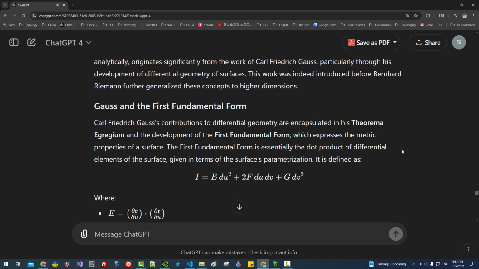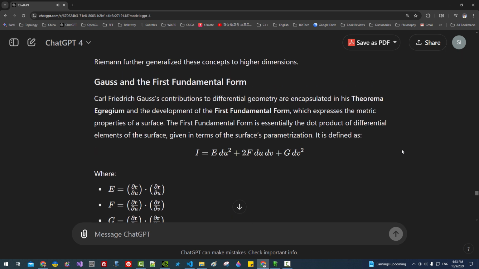Gauss and the first fundamental form. Carl Friedrich Gauss's contributions to differential geometry are encapsulated in his Theorema Egregium and the development of the first fundamental form, which expresses the metric properties of a surface. The first fundamental form is essentially the dot product of differential elements of the surface, given in terms of the surface's parametrization. It is defined as I equals E du² plus 2F du dv plus G dv²,